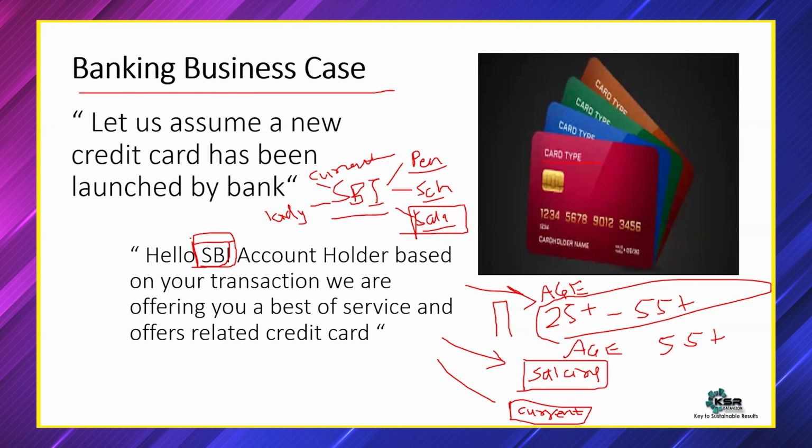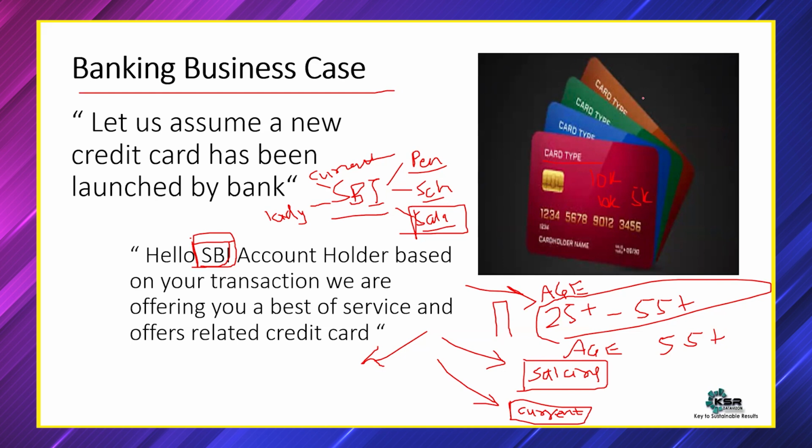Now, we have seen two filter criteria. One is age, one is salary, and one is maybe current account, and salary belongs to the same category. Now, the third most important category of filtering here is, if a person has a current account or is a salaried person, you want to give a credit limit to a credit card. A credit card comes with a credit limit. Maybe the same credit limit is not given to all the people. A person with 10,000 salary, there is a risk of giving him a complete 10,000 credit limit. Maybe we give him 5K.